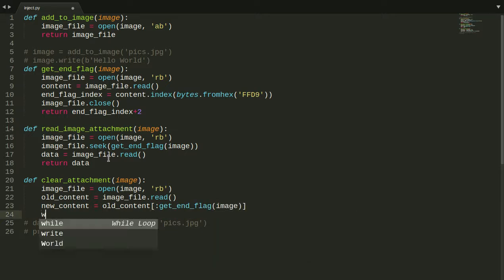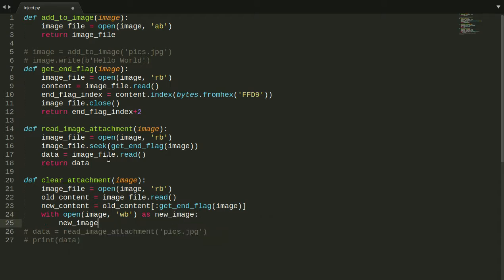And we can just say with open image in writing binary mode as new_image, and I'm going to say new_image.write new_content. So I think this is all, and all we can do now is clear_attachment of